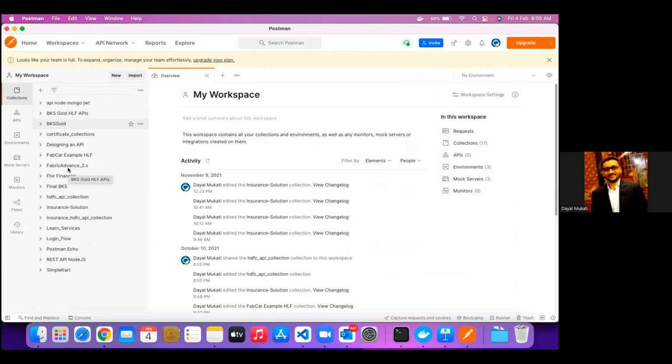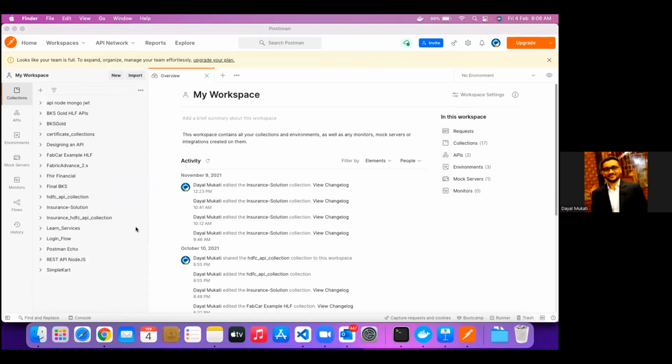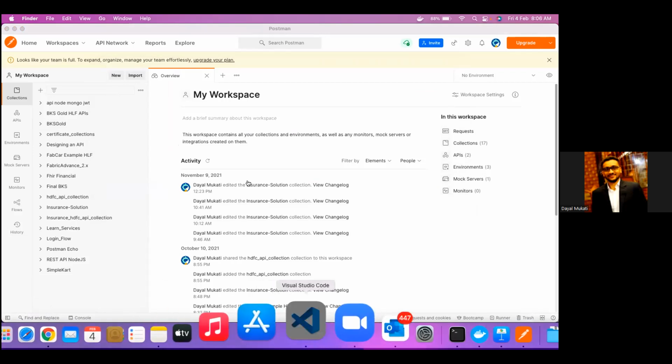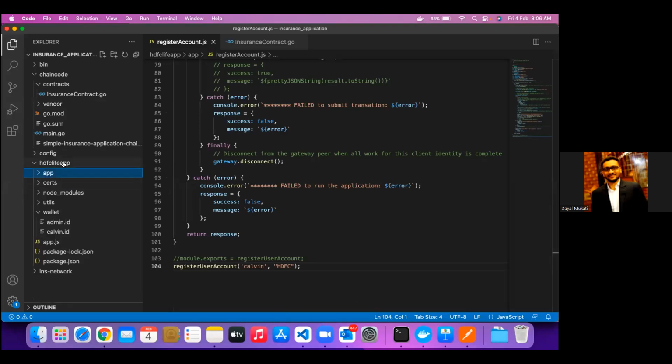Okay, so you can also create a collection here. I will let you know how to create that collection. But before that, we have to make sure that we create a server which can receive the request. So let's come back to our index, like in our code inside our HDFC Life app. Okay, so these are my main functions. So what I'm going to do is I'm going to create a